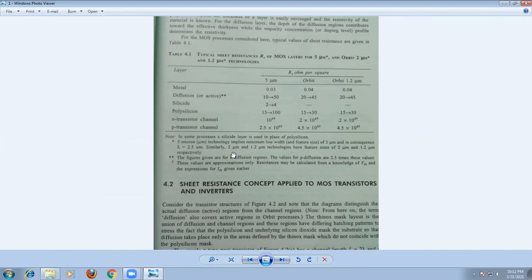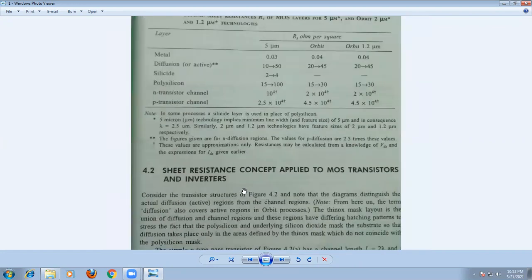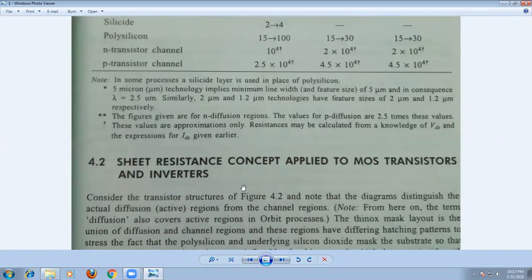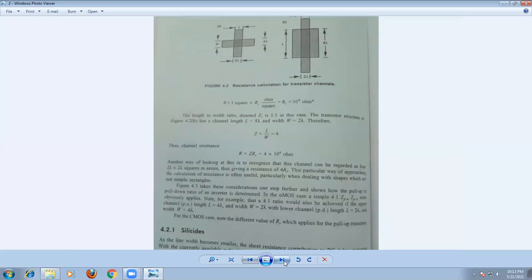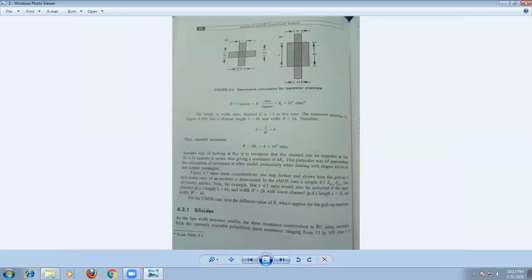In the last class we calculated the resistance of one NMOS transistor and also depletion mode transistors, right? That is a feature size transistor, and also the transistor which is not having the feature size. That means the length of the transistor will be very high compared to the width of the transistor channel. So how to calculate the resistance of the device? Now in this class we are going to find out the on resistance of the device.